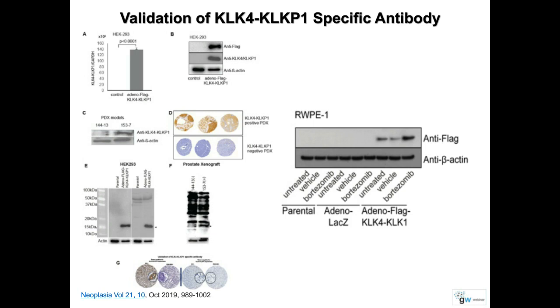Then the Western blot: when we made the construct, we put the N-terminal flag tag sequences so that we can use the anti-flag antibody to confirm the expression of the protein. In figure B on the top panel, the anti-flag antibody recognizes the fusion protein. Then again, our fusion-specific polyclonal antibody also recognizes the same band. And in figure E, we show the full blot of the Western blot, which shows the specificity of the signal there.